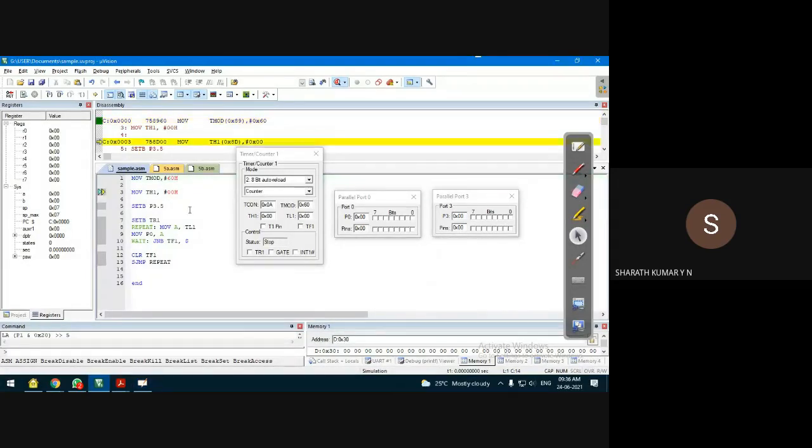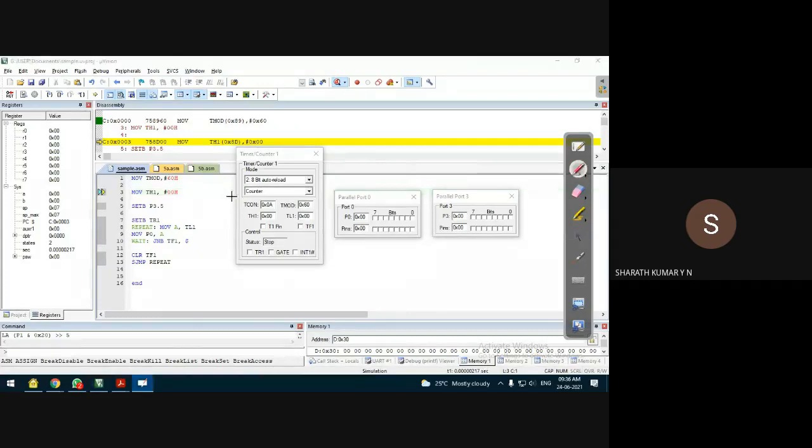F11 on my keyboard. First is timer 1 in counter mode of operation. Okay. Observe this. This is not set to 1 as of now. Why? Because this was taken from here. Initially, it was set to 1. Now, since I reset it to 0, this is also reset to 0. That's right. Okay. Let us run the program.